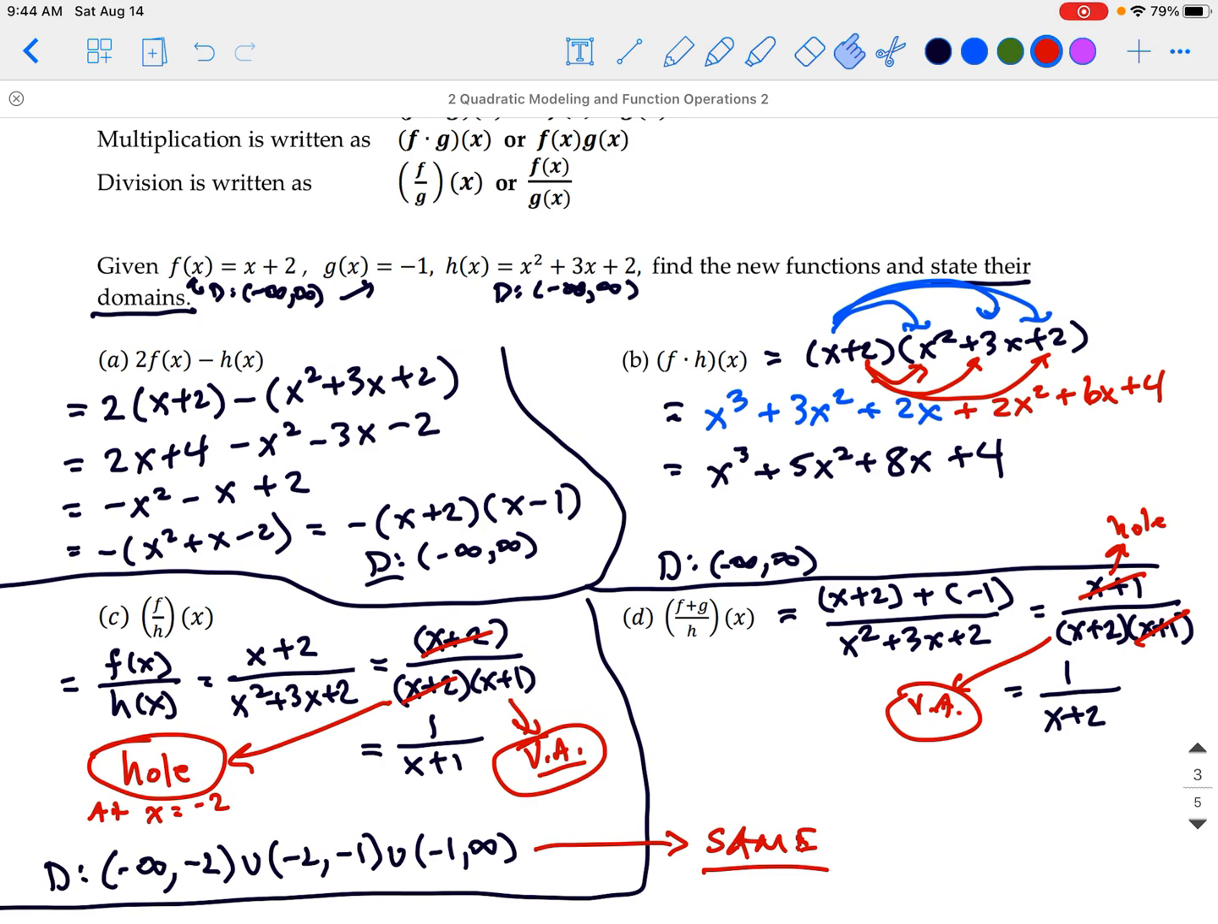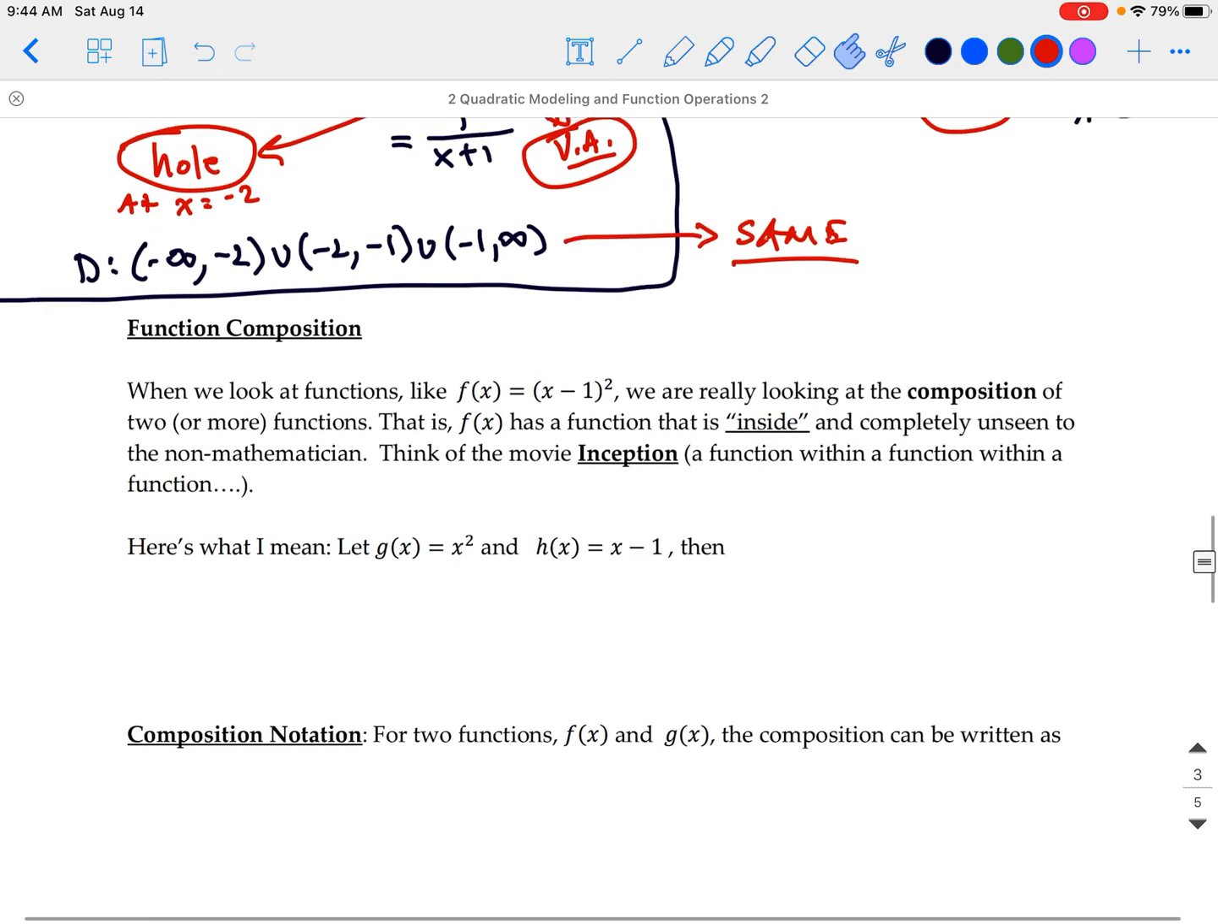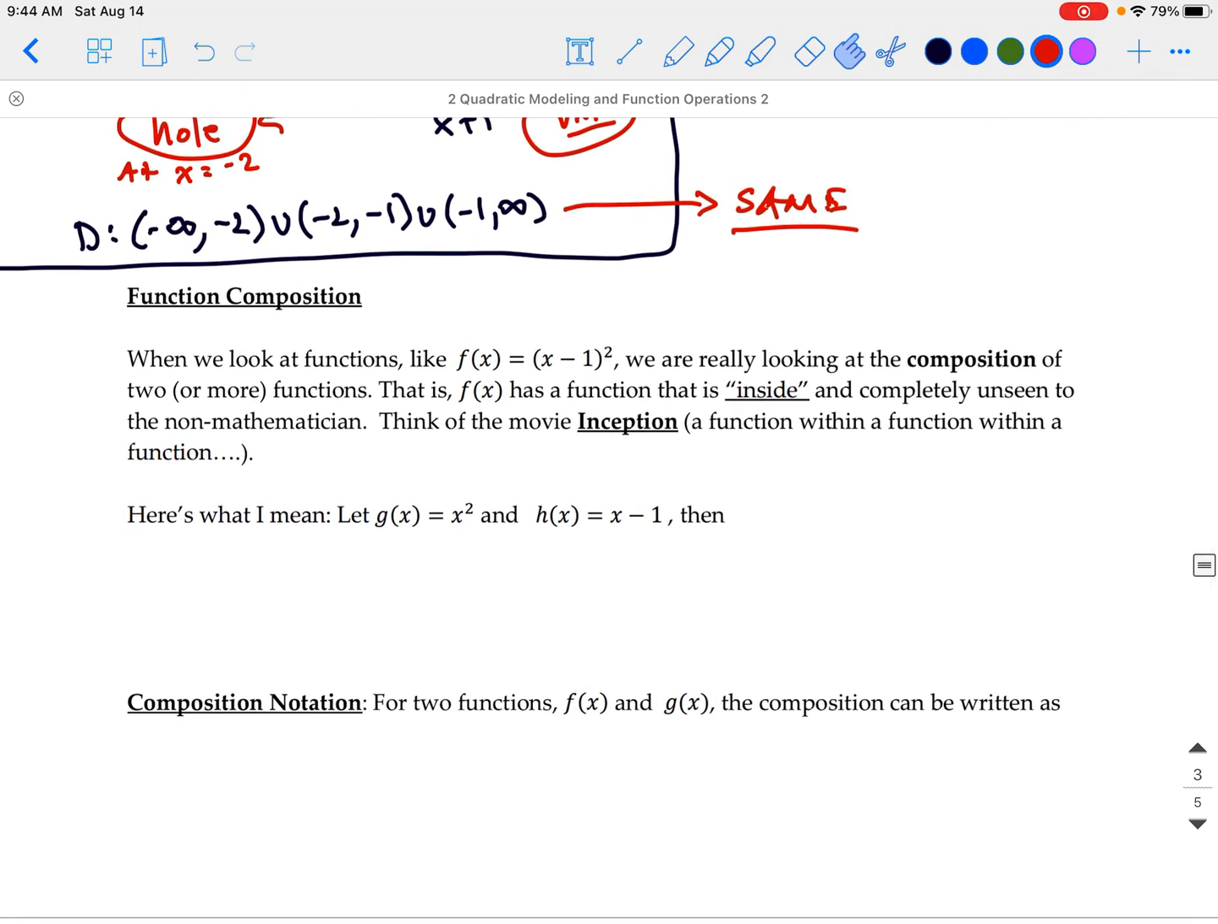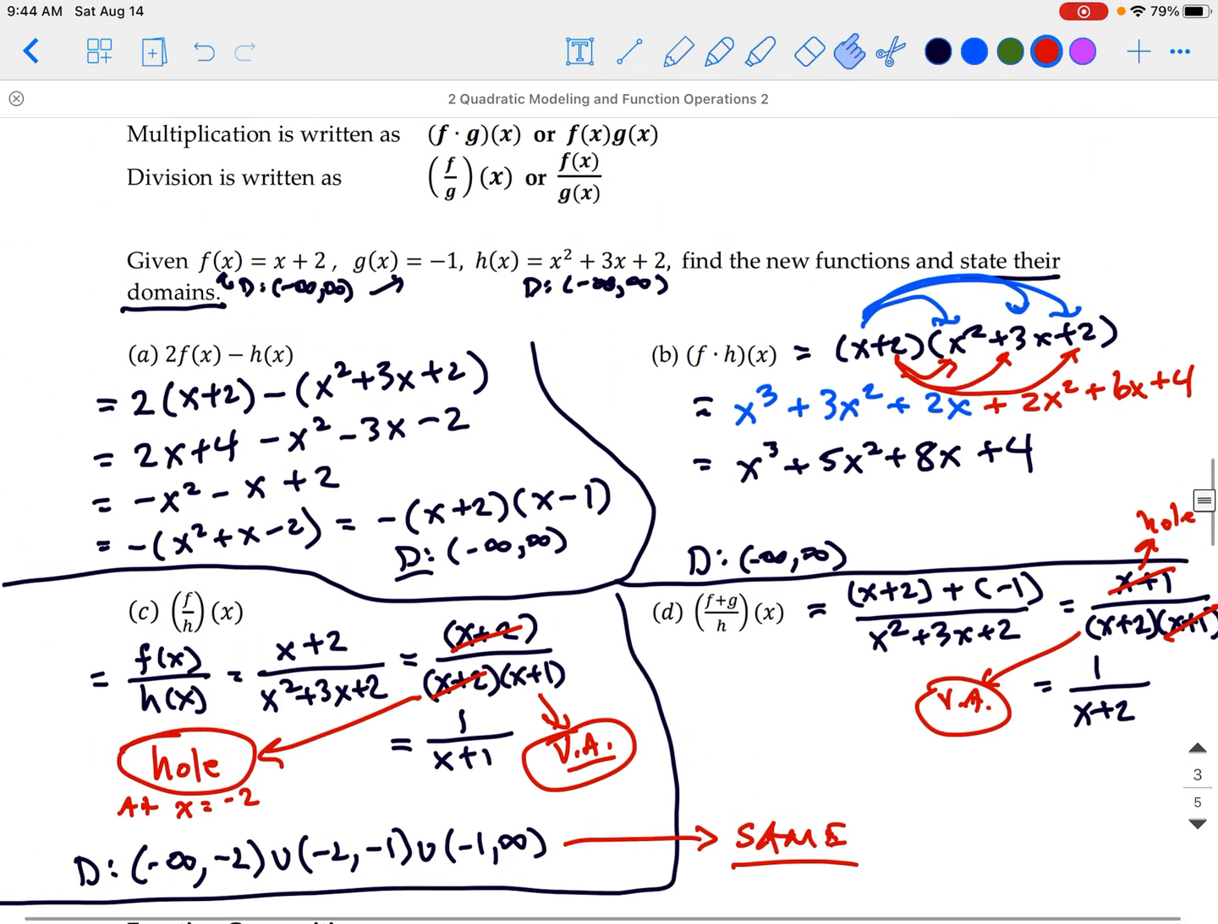Okay, so I think we'll pause here for the video, and when we come back, we'll look at function compositions, which is where we put functions inside of other functions to create new functions. So until then,